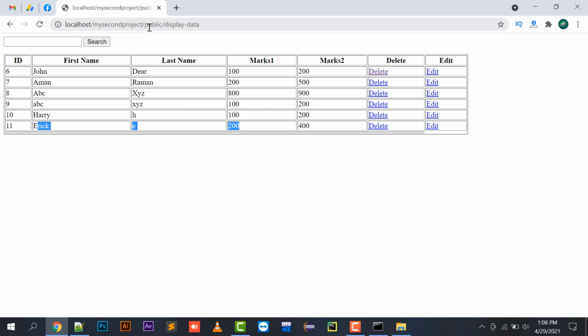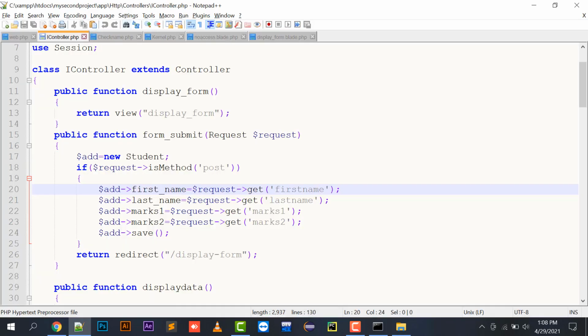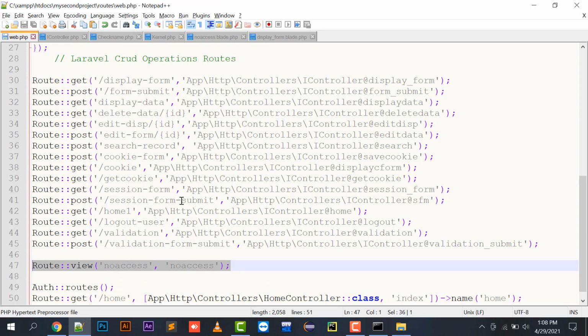I have explained this in the video right now. In this, I have implemented a global middleware. This is basically the global middleware that is applicable to all the routes. We have two other types of middleware also. One is the group middleware, in which you can create a group of routes and implement middleware properties on those routes. There is one more middleware, a single URL middleware, in which only a single URL is affected. So in this way, you can implement middleware in your Laravel.